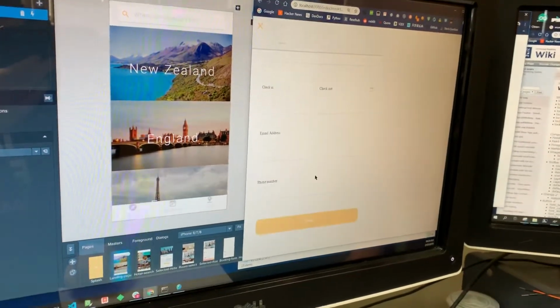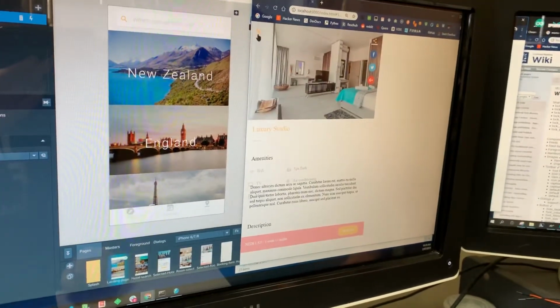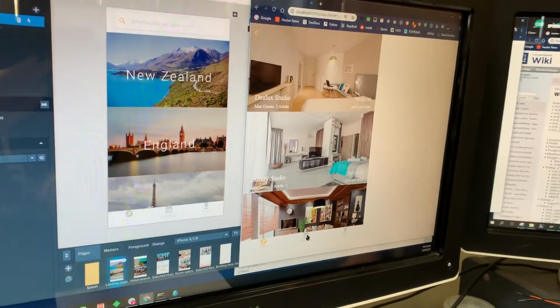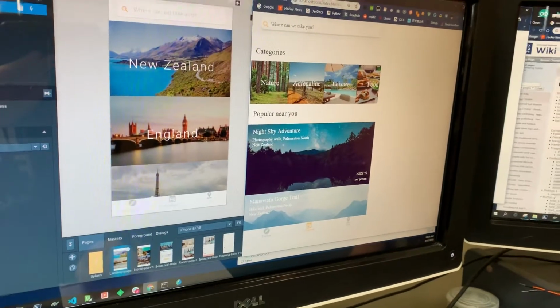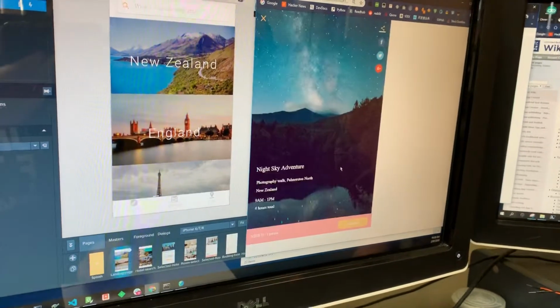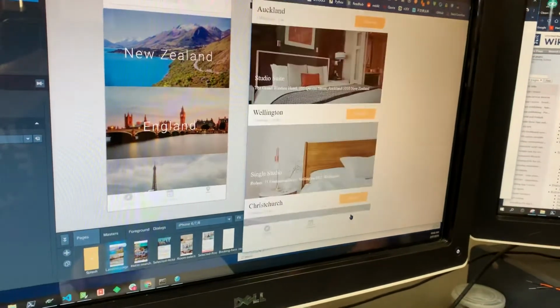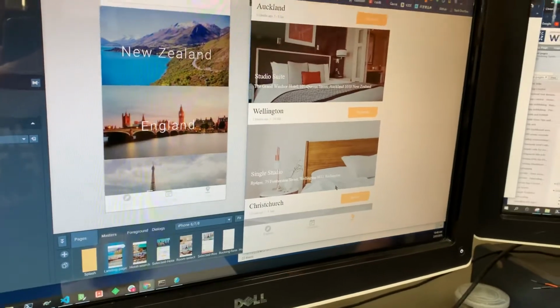We can go through to a booking form and actually fill out a booking form. I think we've got adventures in the area, so if we go to the adventure tab and click on the night sky, then that's going to bring up all kinds of details about that. So you can see it's a pretty equivalent experience, obviously not as fast,